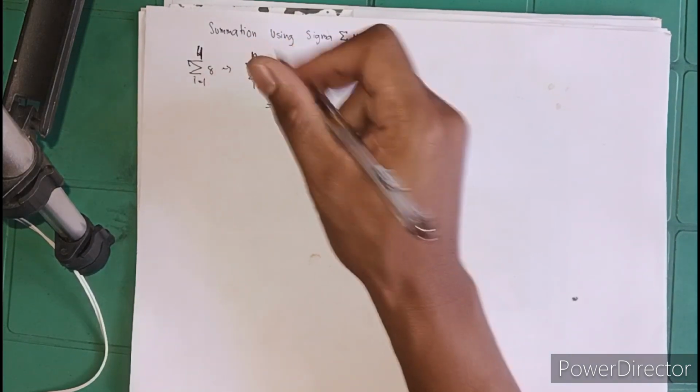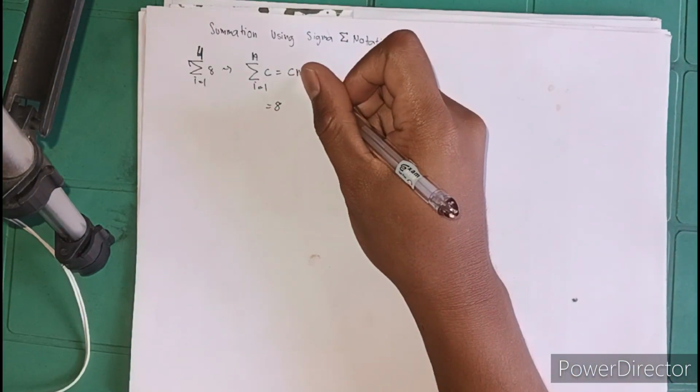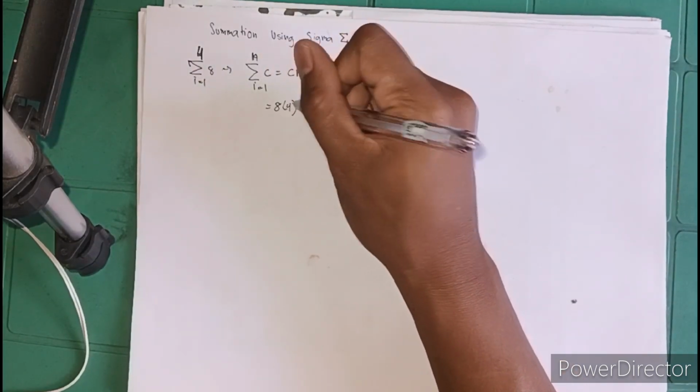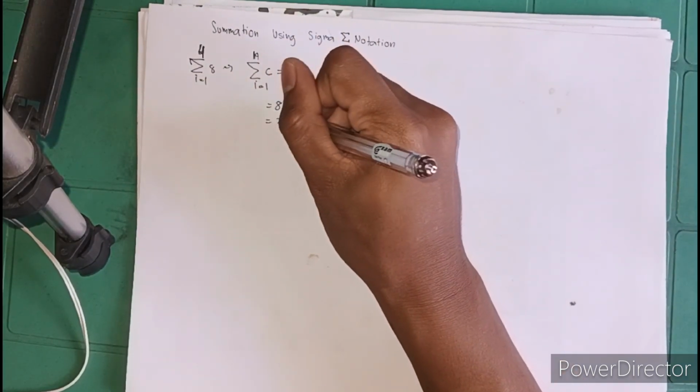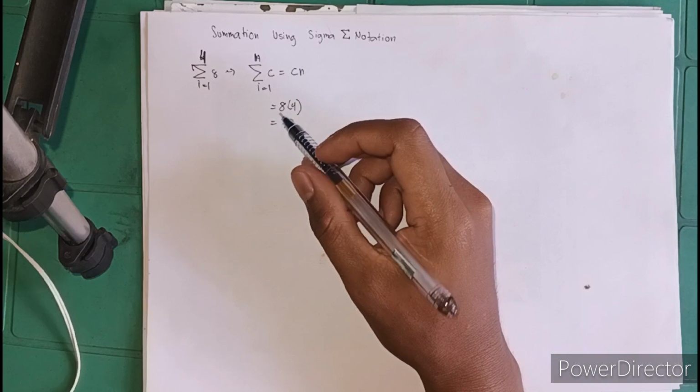Our c is 8. So 8, then the number of terms times 4 is equal to 32. So our final answer is 32. Here's another example